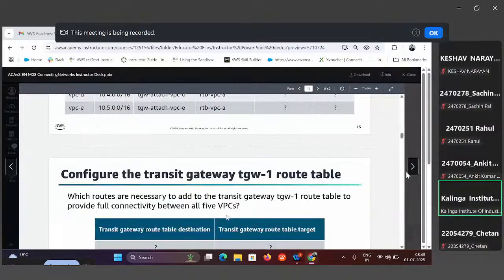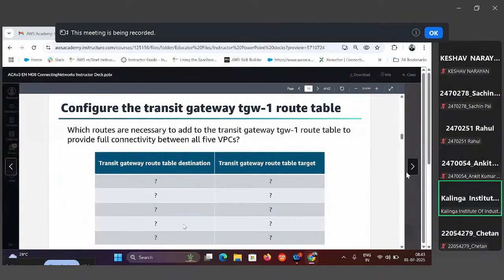Okay, now there is another case that you have to configure the transit gateway route table. Which routes are necessary to add to the transit gateway route table to provide the full connectivity between all